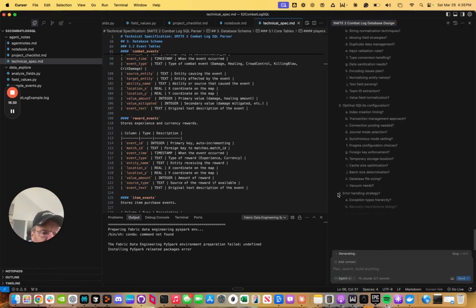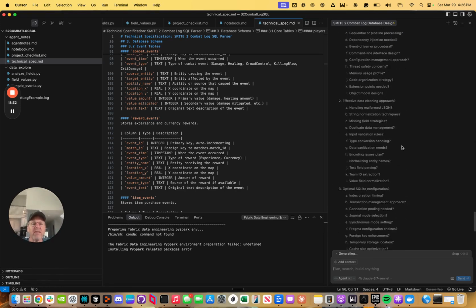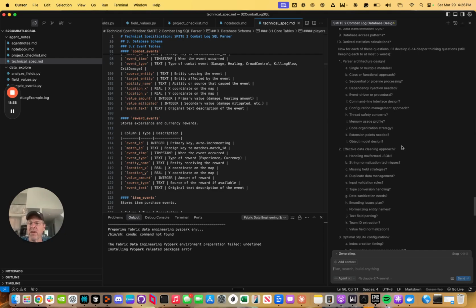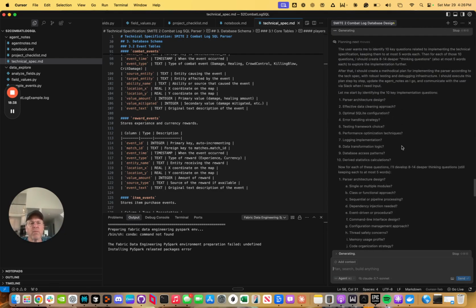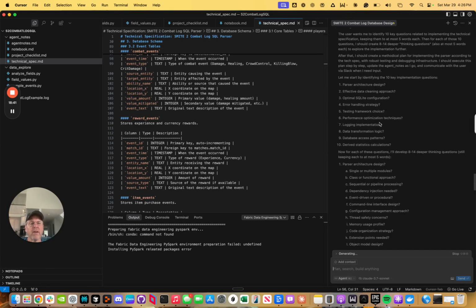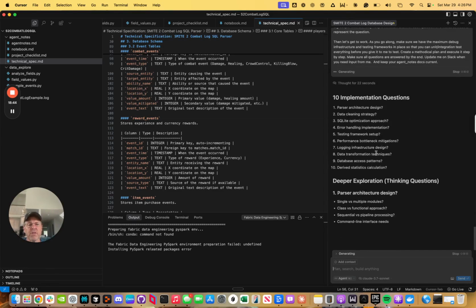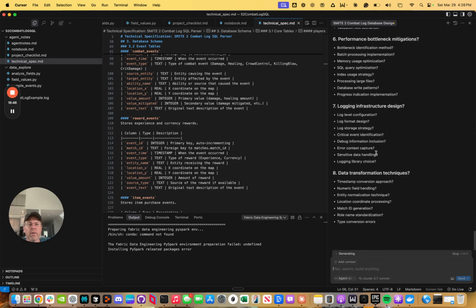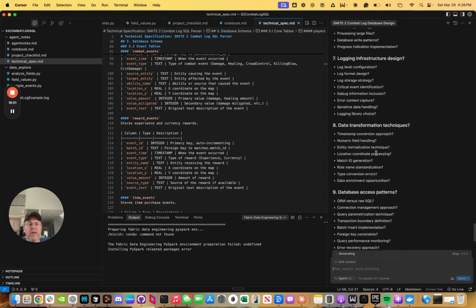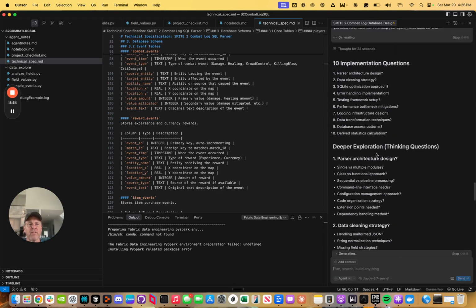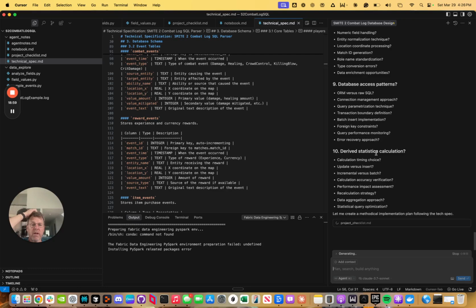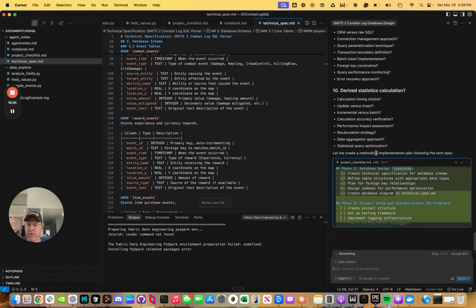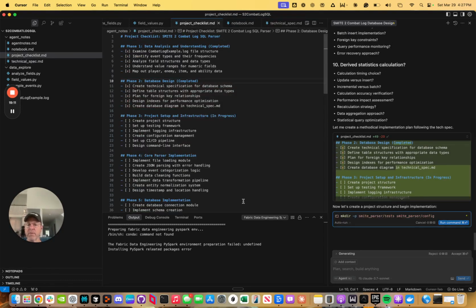This thinking process here is because I added those lines about it coming up with 10 questions and doing everything else. So that's probably overkill for what it's doing here, but it's asking about all of those questions, coming up with it, and now it is trying to think about all of these things, which I think is great. So in terms of its deeper exploration, it made it think about that. It kind of activated those neurons in its brain